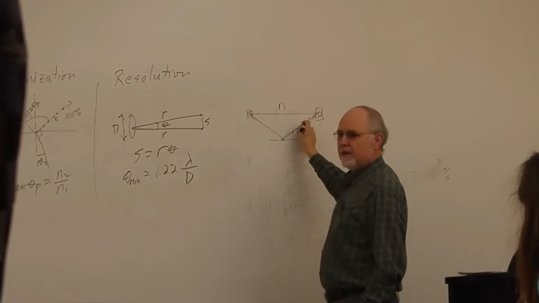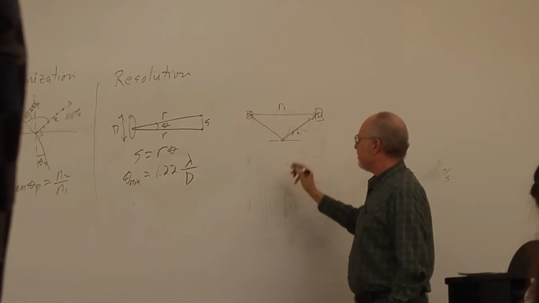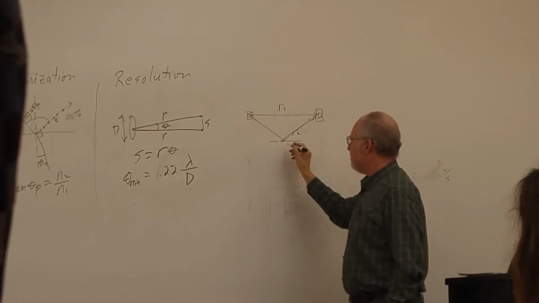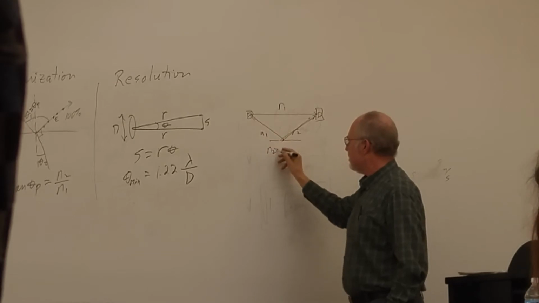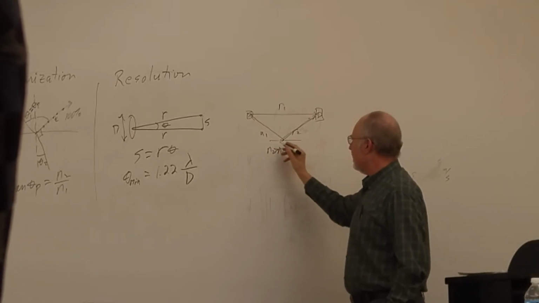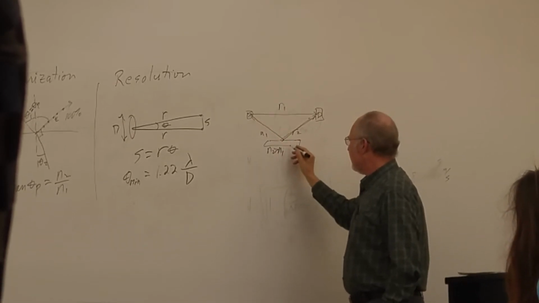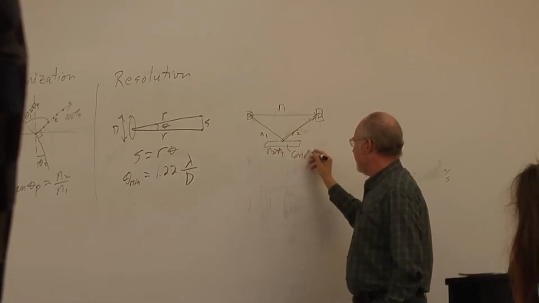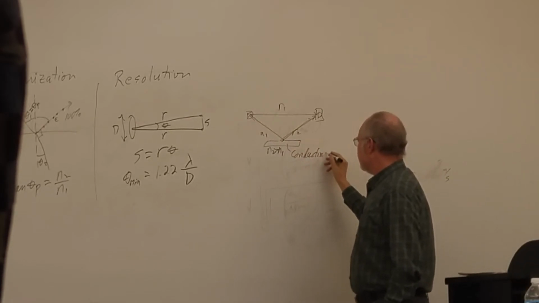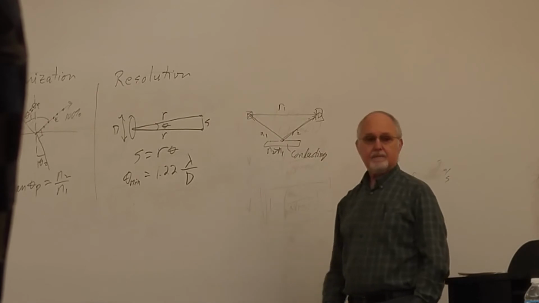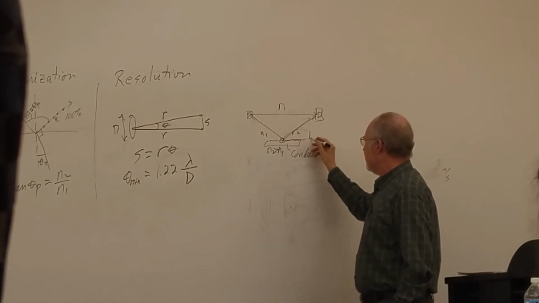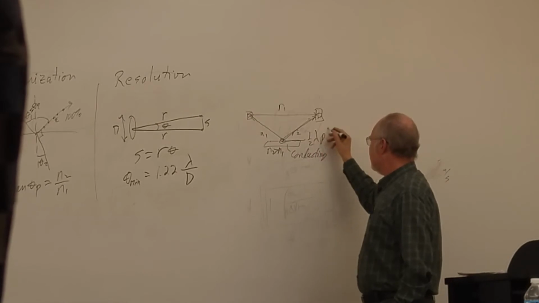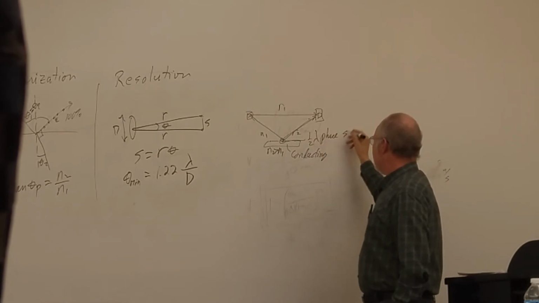And so is this going to be constructive or destructive? Well, if this is a bigger index than N1, or this material is a conducting material, like a piece of metal, then on that reflection, you get the half wavelength phase shift,